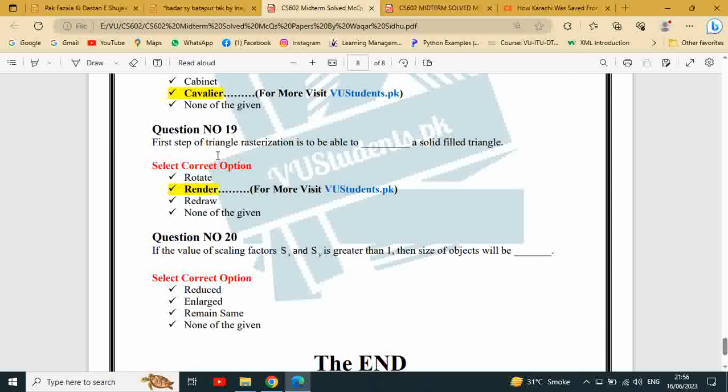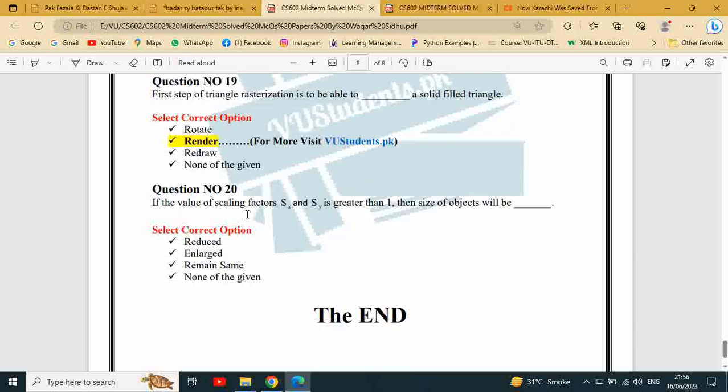Projection. First step of the triangle rasterization is to be able to render a solid filled triangle. If the value of scaling factor Sx and Sy is greater than 1, then the size of the object will